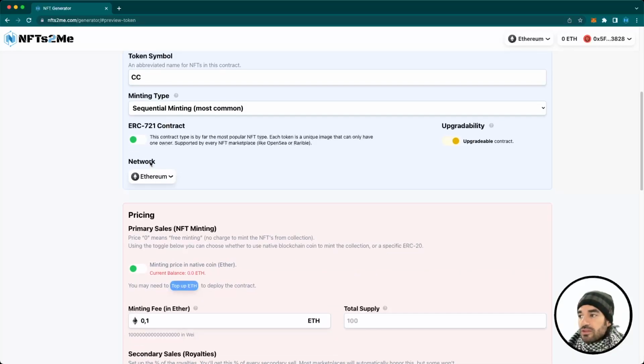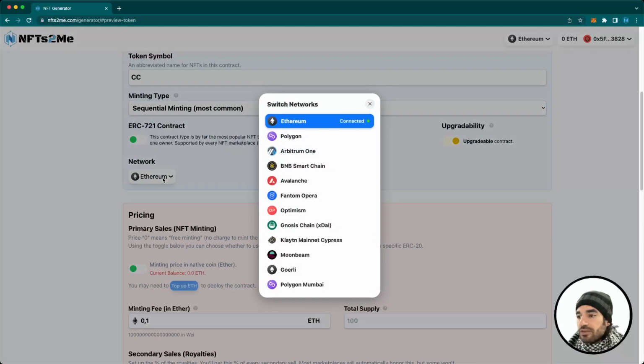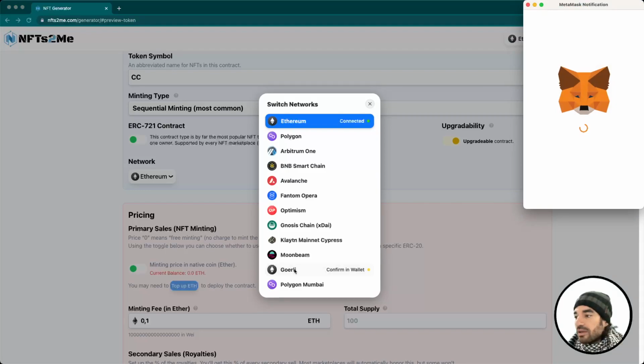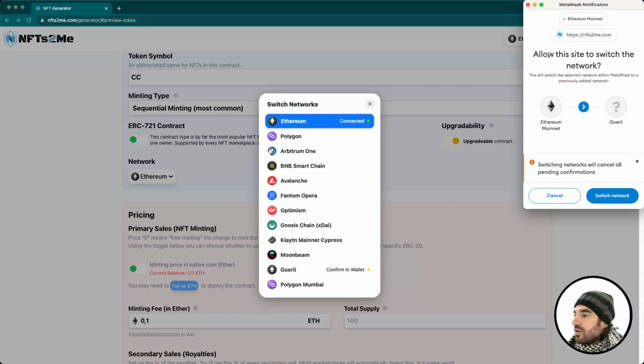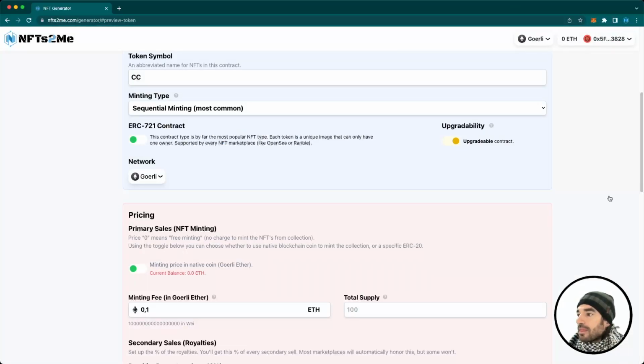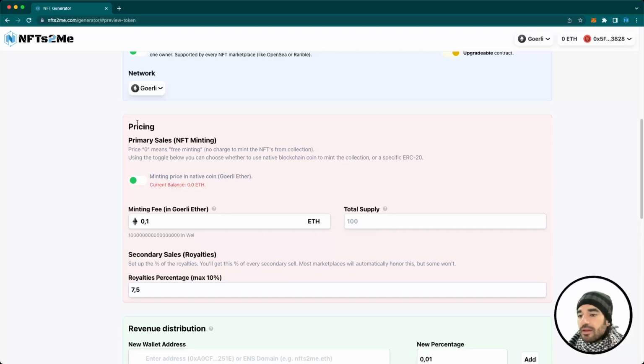Then the network, as we said, we'll use Goerli. So we click in here. On the bottom, we've got the testnets. These are the available networks that we support right now. We click on Goerli, and it says, okay, allow the site to switch the network. Yes, we switch. Now we are on Goerli,